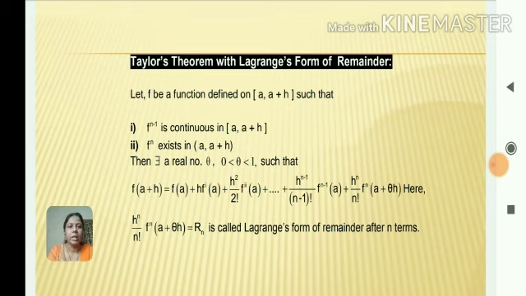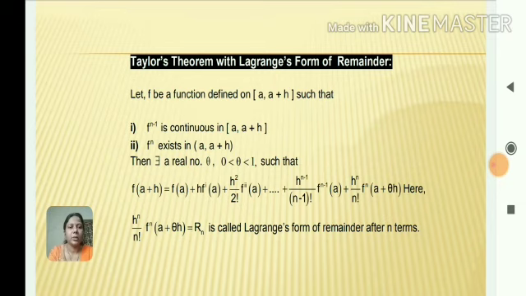Statement: let f be a function defined on closed [a, a+h] such that f^(n-1) is continuous in closed [a, a+h]. f^(n) exists in open (a, a+h), then there exists a real number theta lying between 0 and 1 such that f(a+h) is equal to f(a) + h f'(a)